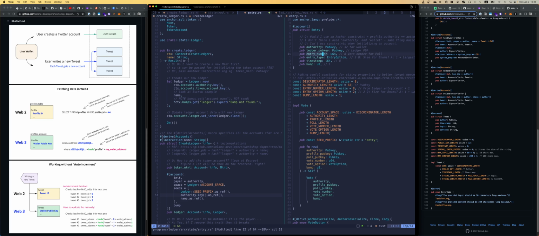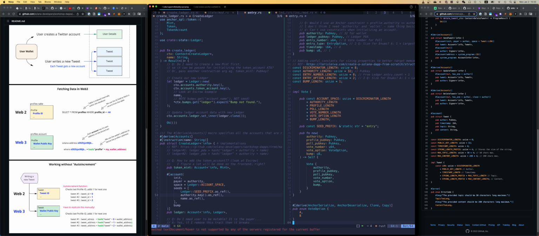Entry number, entry type, which is an enum. Timestamp, I think, will be handy. Authority, the associated ledger, the entry number, the entry type, timestamp. The type will have